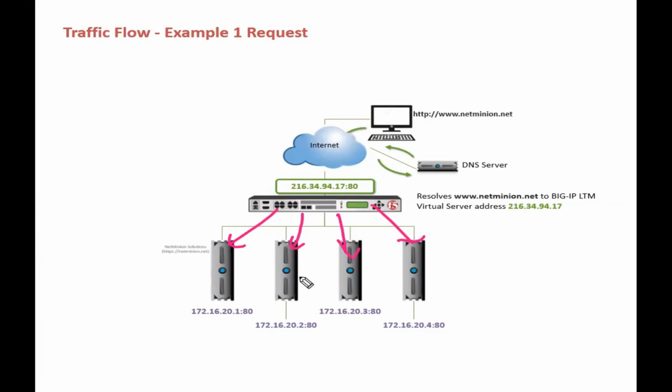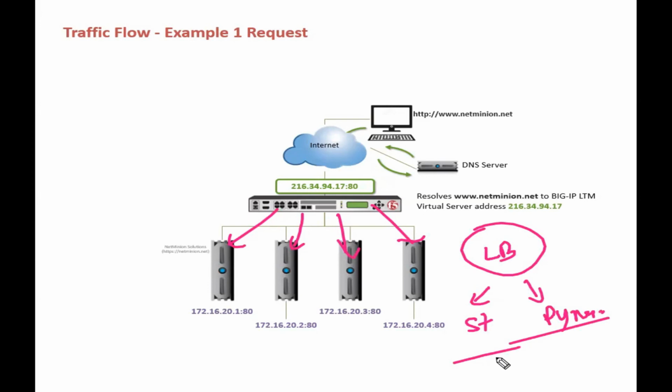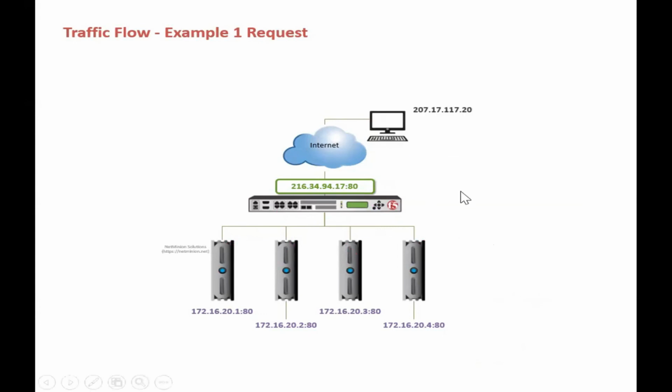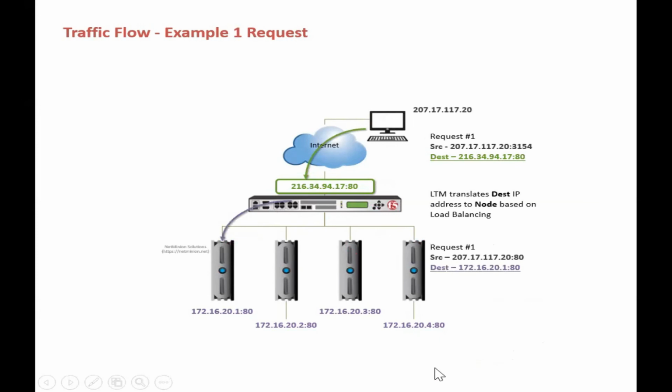If you ask to whom the request should go, then again we should be aware of the load balancing mechanism, whether it is static, dynamic, or what kind of mechanism you are using. Those things you should be aware of. Once you are aware of those things, probably you can also answer this. So you can see from the client, the request will go where? The request will go to the virtual server. And from the virtual server, the request will go where? To one of the backend pool members. And this is something named DNAT.